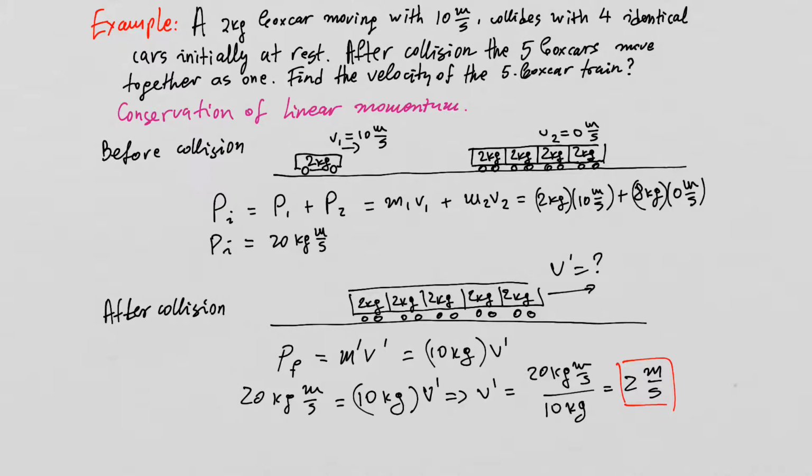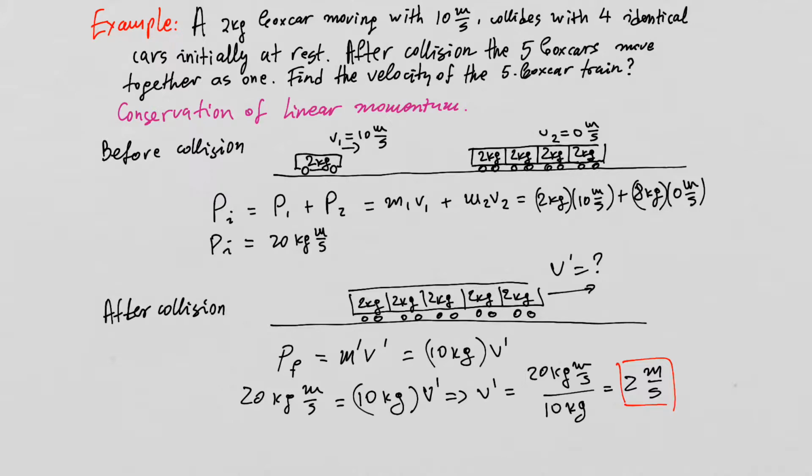And we found out that the velocity of motion after collision is 5 times smaller than the velocity of the car before collision. So what happened was the mass increased 5 times, the velocity decreased 5 times compared to before the collision. Now this is a somewhat unique result because the